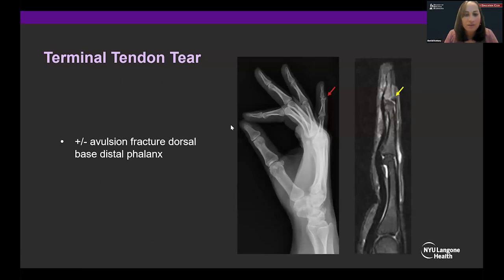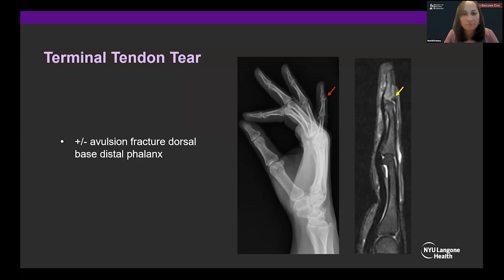So again, these injuries can also have an associated avulsion fracture at that dorsal aspect of the base of the distal phalanx. So here's an example of a bony mallet finger where we see here that avulsion fracture, and on a corresponding MRI image, you can see the marrow edema within the distal phalanx with that avulsed fracture fragment and with the extensor tendon still attaching to that